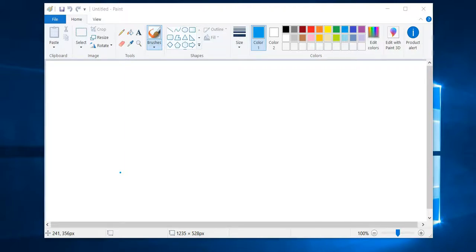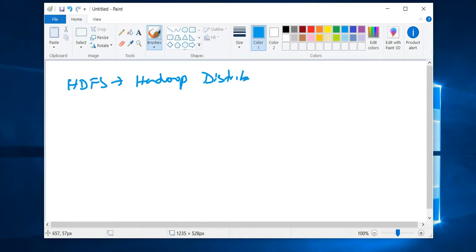So let's talk about the basic concepts of HDFS. By the word HDFS, we mean Hadoop Distributed File System, okay? And remember that this is made of Java. So by the word HDFS, we can tell that this is a Java-based distributed file system that holds a large amount of data. And the first thing that we need to consider is the distributed